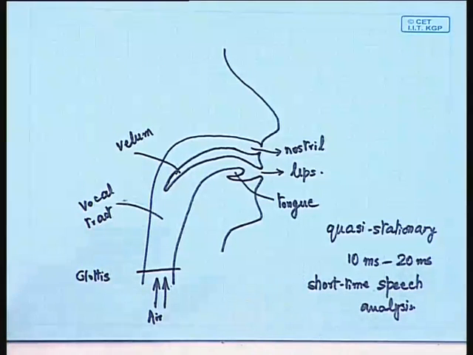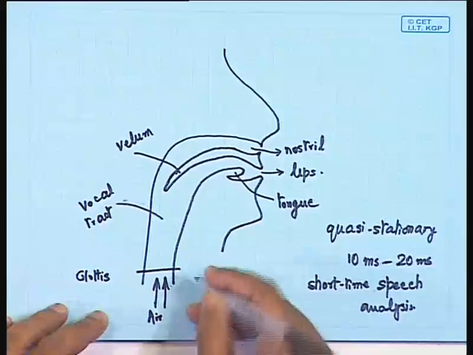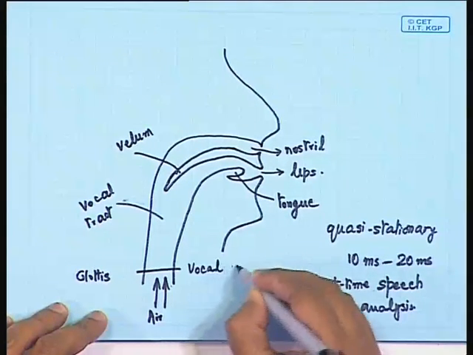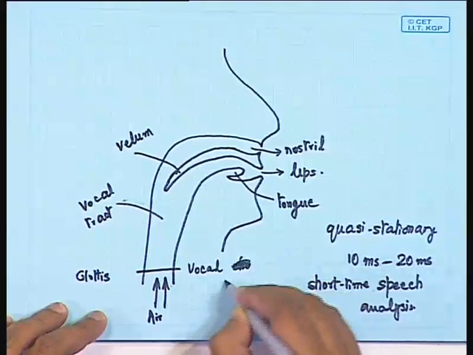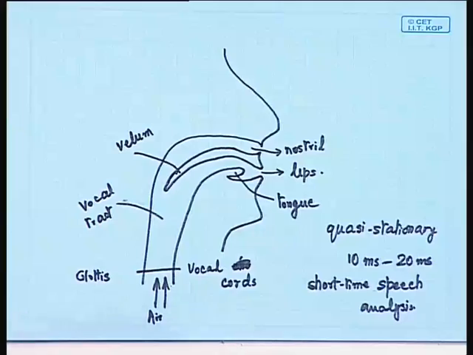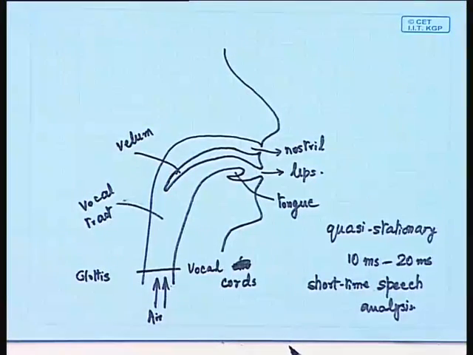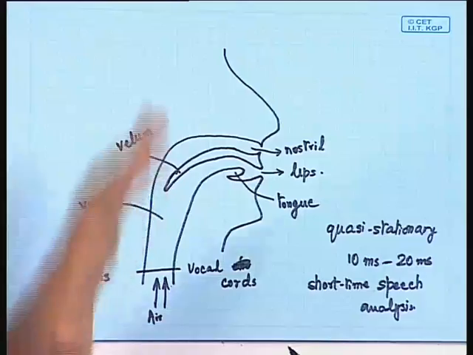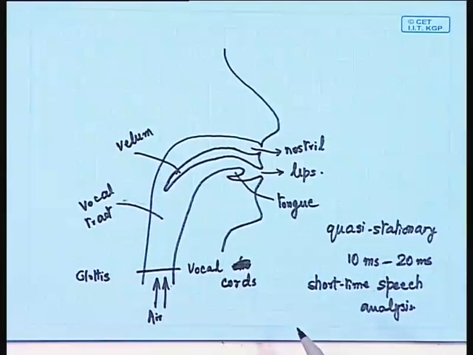Okay. And in fact, for the production of the vowels and some of the consonants, the glottal air flow is controlled by the vocal cords. In fact, the vocal cords will be located here itself. We write it as CORDS, vocal cords, and the vocal cords actually vibrate, and that is how it creates the opening and closing of the glottal passage. And what happens during the utterance of vowels is that these pulses produce some kind of resonance in the vocal tract.